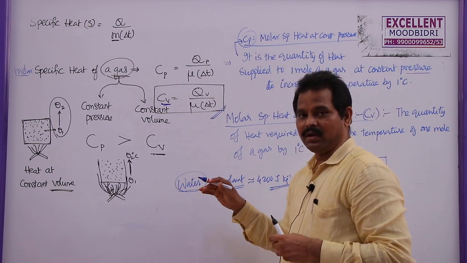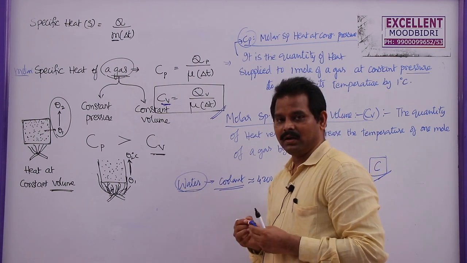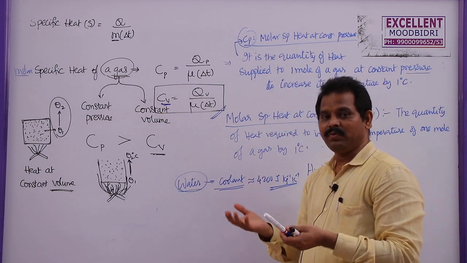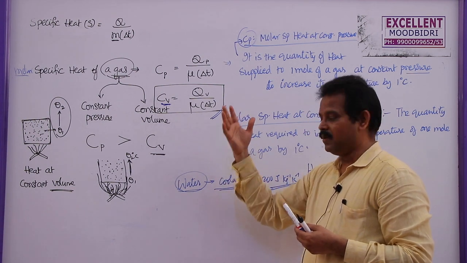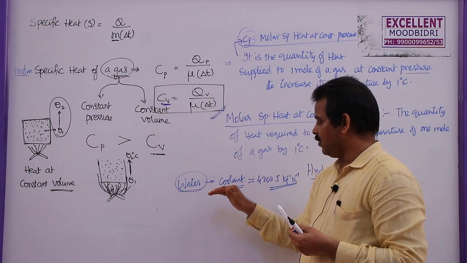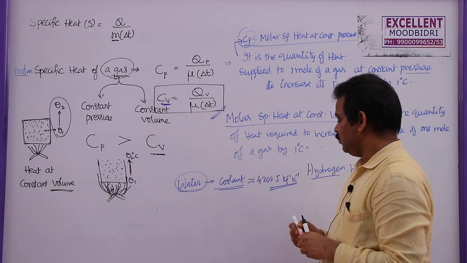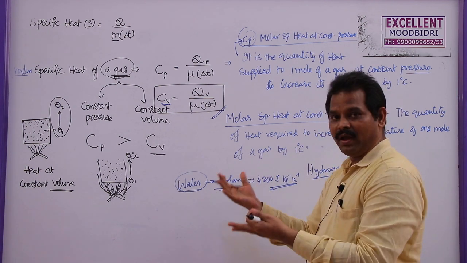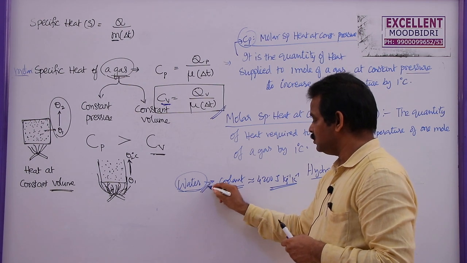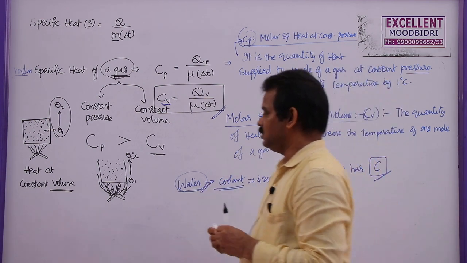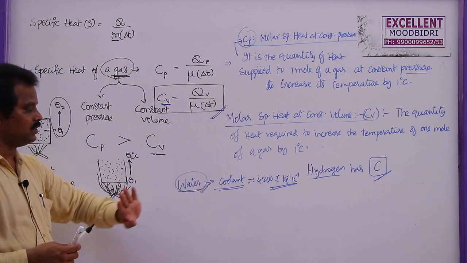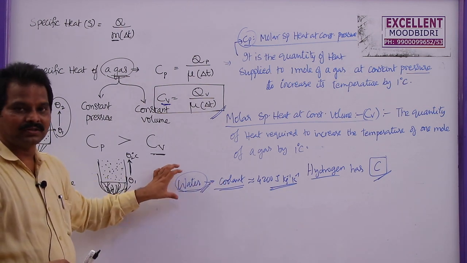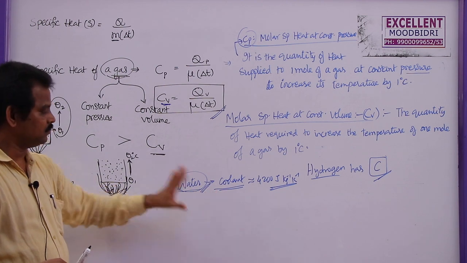Similarly, if you take some other liquid instead of water, those liquids can absorb heat more quickly and their temperature increases more rapidly. But water, having the highest specific heat, will absorb a lot of heat energy when compared to the other substances. That's why, why is water used as a coolant in most of the machines? The answer is water has the highest specific heat among the liquids.